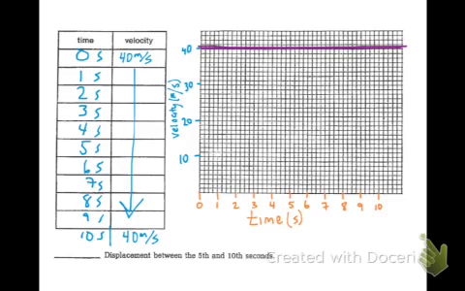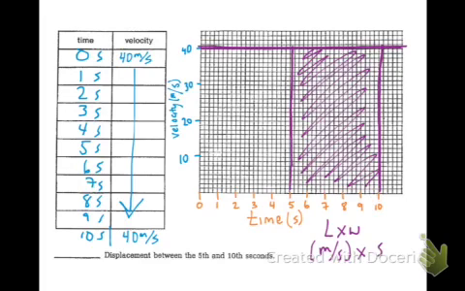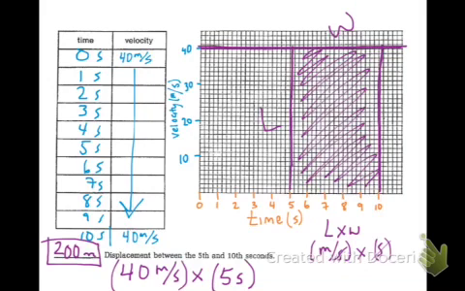And the question stated, find the displacement between the 5th and 10th seconds. So, displacement between this second, the 5th second, and the 10th second. So displacement for our velocity versus time graph is our area under the curve, because if we take a look at our units here, when we multiply length times width, we're going to get meters per second times seconds. So I'm not exactly sure where I left off, but